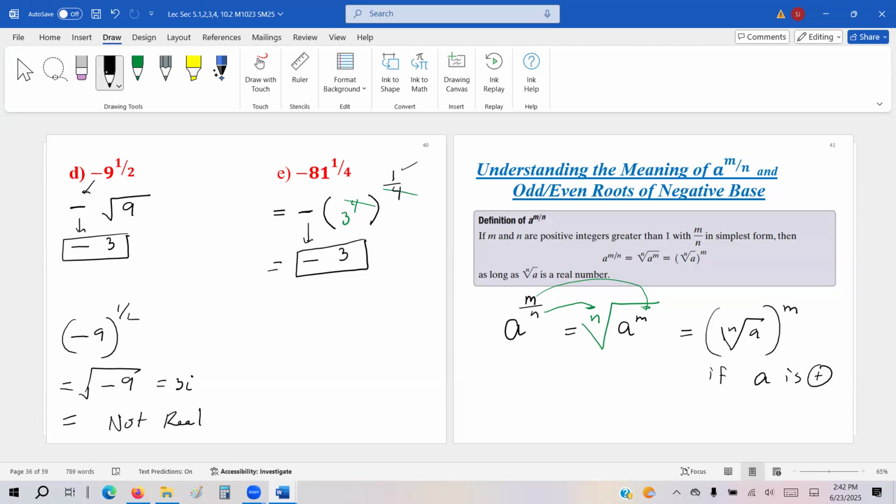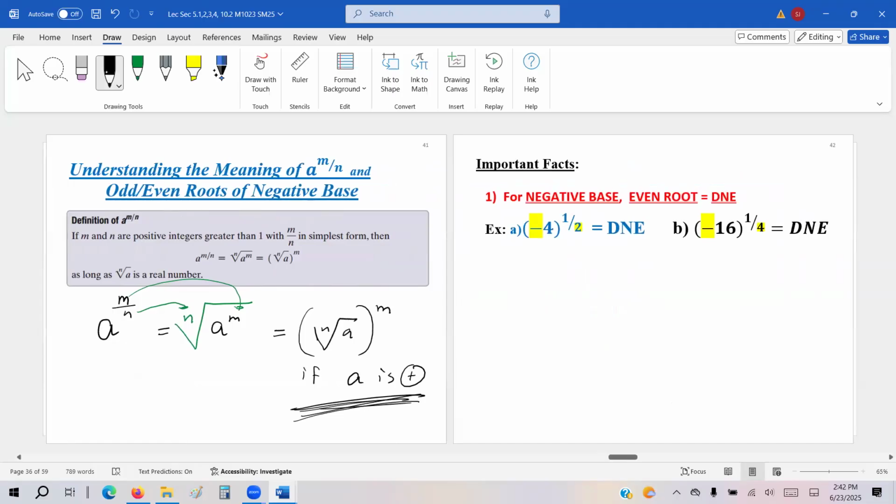It doesn't matter. You may wonder, well, what's wrong with a negative base? For a negative base, it's not true. I'm going to show you why it's not true when you learn about imaginary numbers. For real numbers, it doesn't matter. For imaginary numbers, it's not true. So if your base is positive.